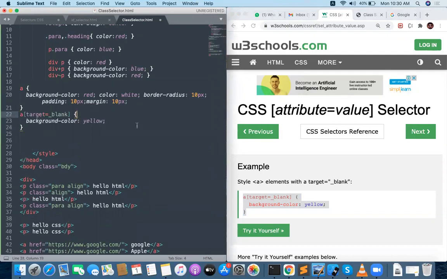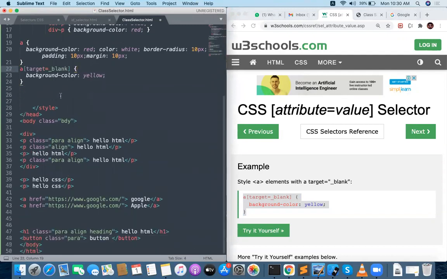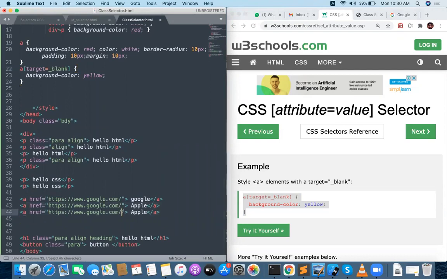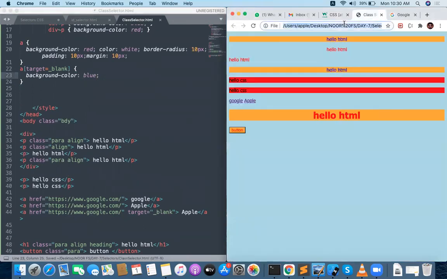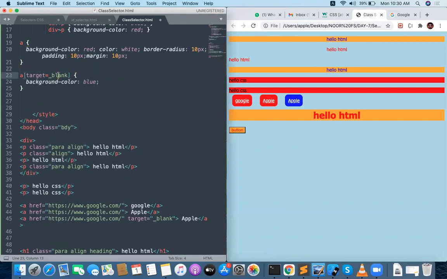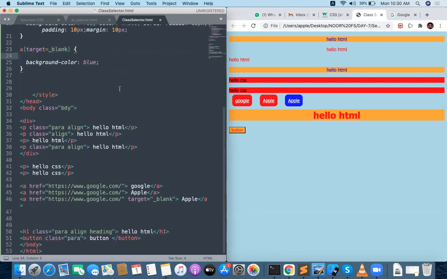So target equal to underscore blank. For the hyperlink which has underscore blank, let me give the blue color. Okay, fine, which is getting applied like this. Some hyperlink whose target has the underscore blank attribute got selected with the blue color.